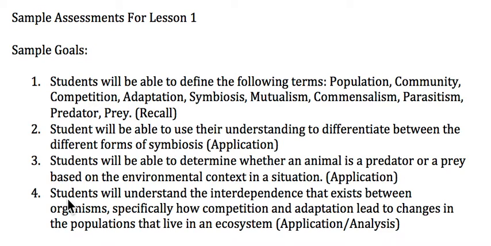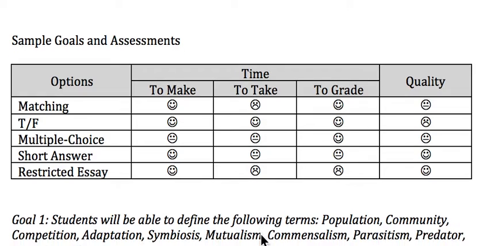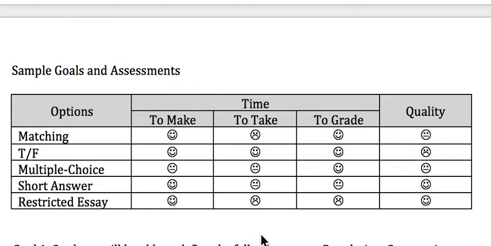And then I also have an application type analysis goal, kind of a borderline thing, where students will understand the interdependence that exists between organisms, specifically how competition and adaptation lead to changes in the populations that live in an ecosystem. Now, to do this, I'm going to be looking through all my options